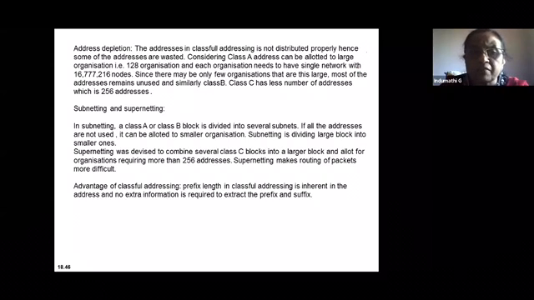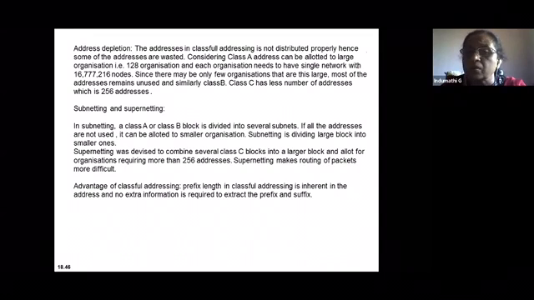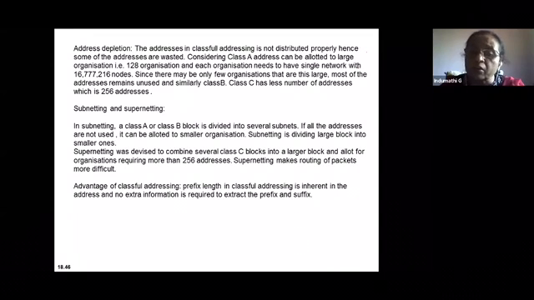So if you have class A addresses, it can be allotted to a large organization, and each organization can connect around 16,000 plus of nodes, which may not be useful at all. So you are unnecessarily wasting the addresses which cannot be affordable, because IP addresses are very, very important. Next, same thing happens in class B also, because it's the next level of address. But class A, class B, there can be some wastage of addresses because the organization may not be using all the addresses. Come to class C address.